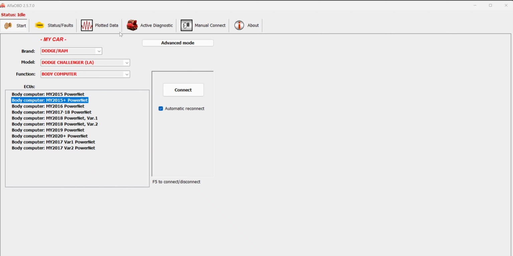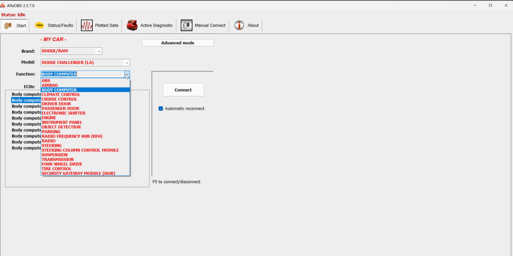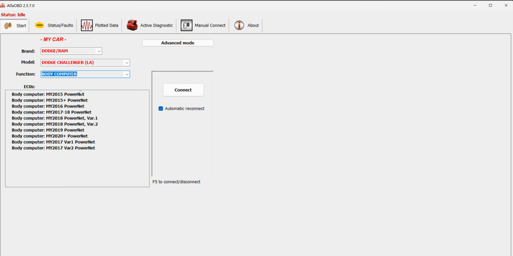Nowhere near my video recording equipment, and I'm recording this from the snipping tool in Microsoft Windows. But essentially, once you have Alpha OBD downloaded, you're going to go to Start. You're going to look for Body Computer, and in my case, I have a 2015, so I just arbitrarily pick